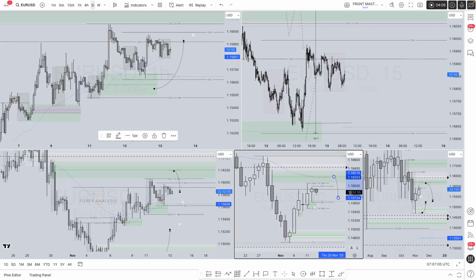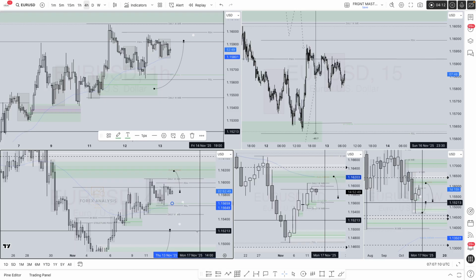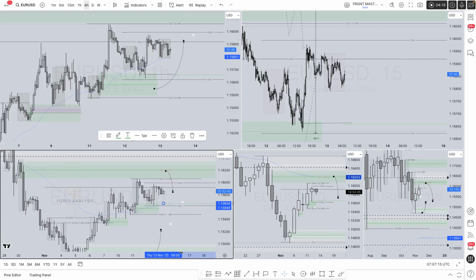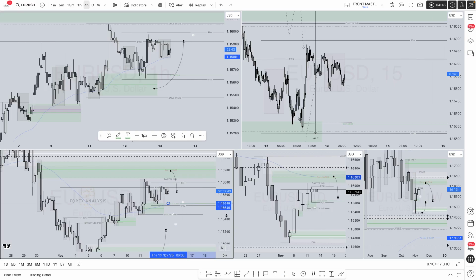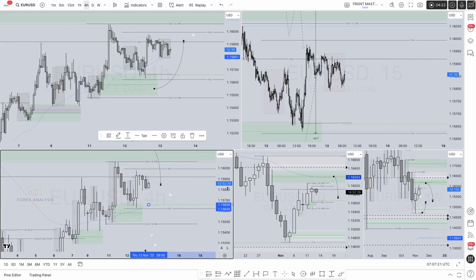But let's see if we can simplify, create a smaller trading range and see what we can get as a professional intraday trader. Let's have a look what we got. So price is currently trending nicely above that 4-hour 50 EMA. So does that mean I am not taking long positions? What else do we have?